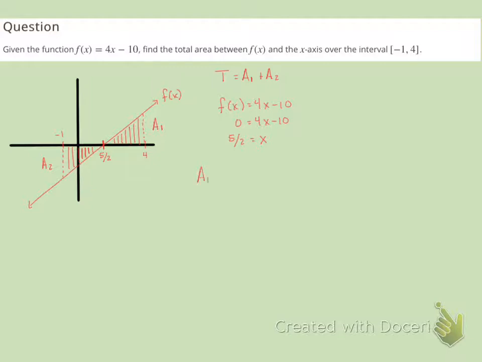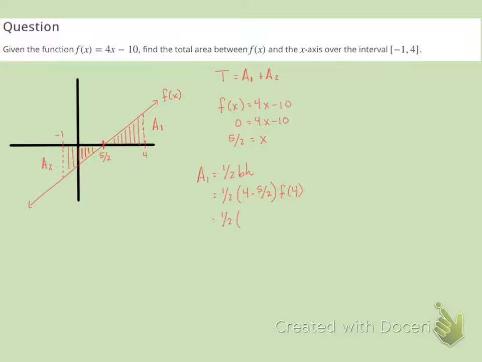So the first area, again, we're going to use 1/2 base times height. The base is going to be the distance between 4 and 5/2. So I'm going to take 4 minus 5/2. And the height is going to be the function evaluated at 4, because the height is here. So this is going to give me 1/2